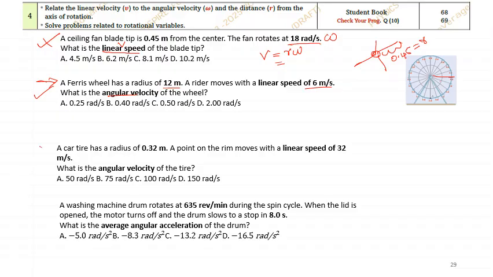Now, next one, a car tire has a radius of 0.32 meter. A point on the rim moves with a linear velocity. Linear velocity and radius are given. Again, they are asking for angular velocity. This is also easy. You try to do it. Okay. Now, I think this question we will do. A washing machine drum rotates